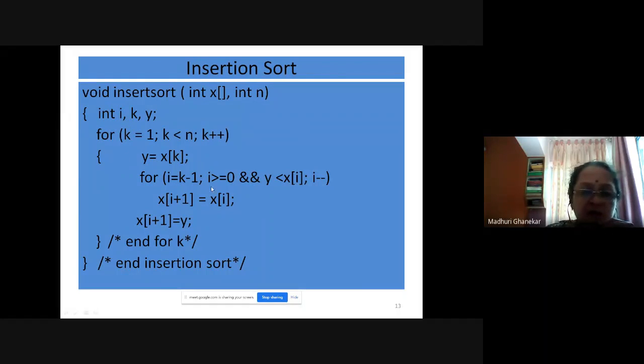Then as long as you are getting elements from the sorted list bigger than y, go on shifting those elements one position ahead. So this loop is used for shifting. Okay, and then at the right position you should put this temporary element, and end.